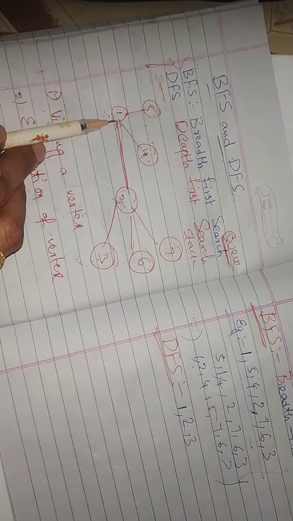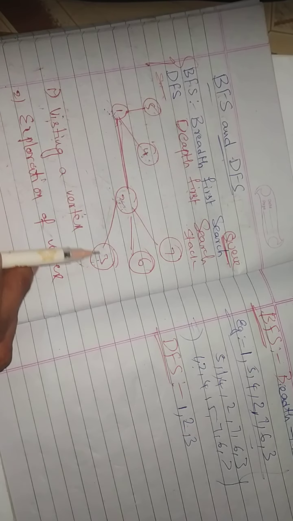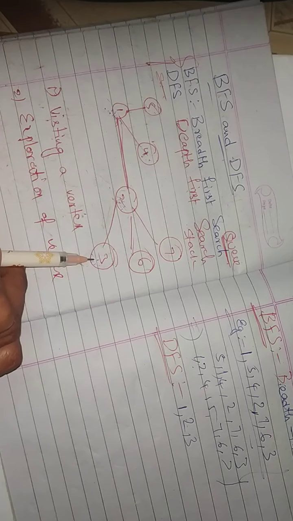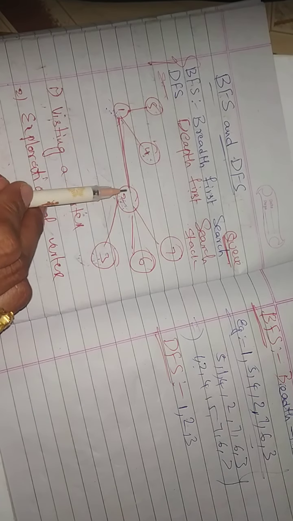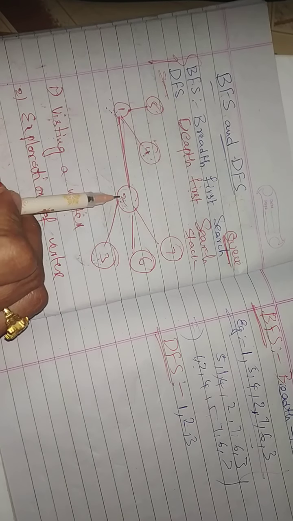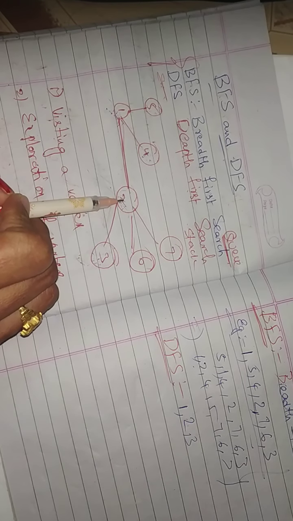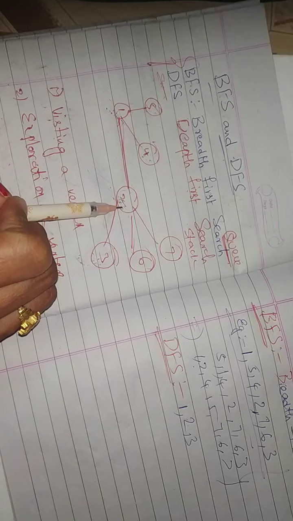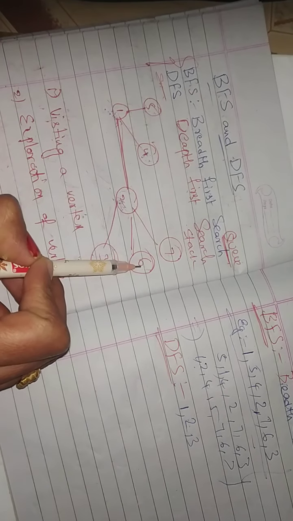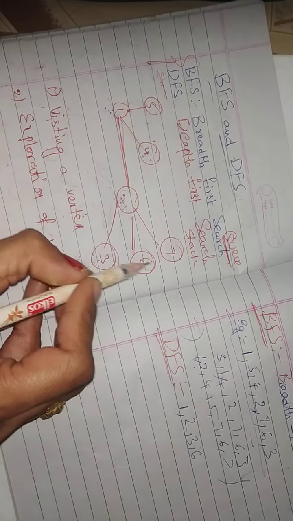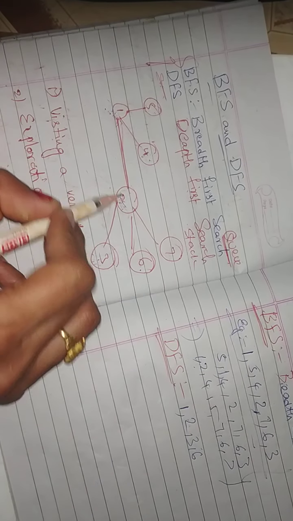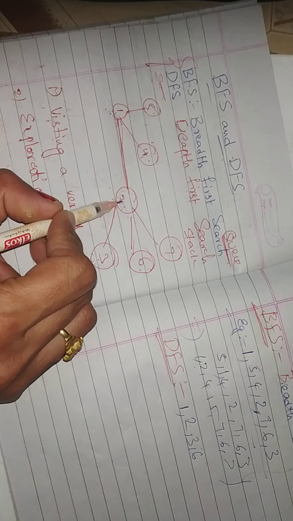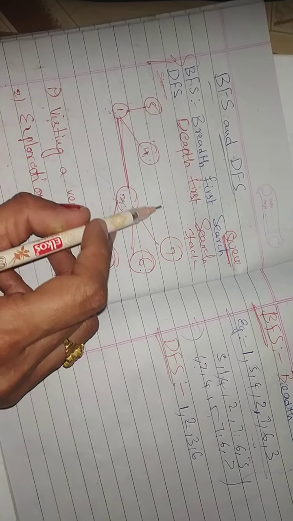Depthwise I am going to the connected vertices. 3. After 3, any exploring vertices? No. Come back. Right? Come back. Okay. Now 2. Come back. After coming back, is 2 connected with anyone? Yes. 6. You go for 6. After 6, is it exploring anything? No. Come back. Okay. After coming back, is 2 exploring any other vertices?